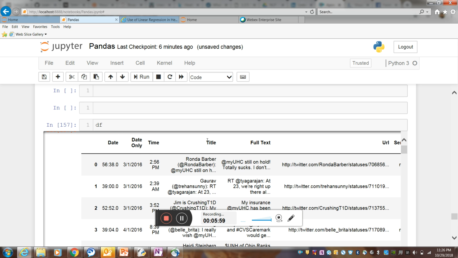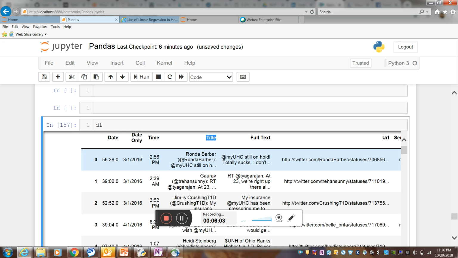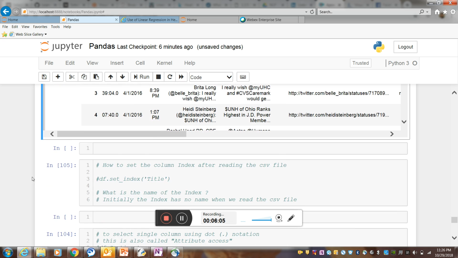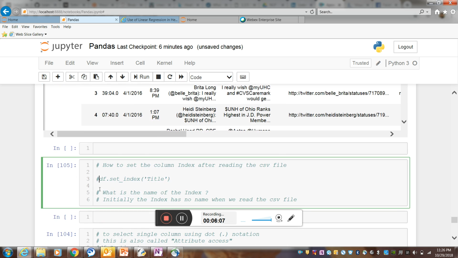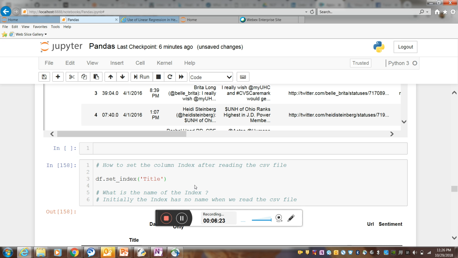Let's say I want to specify title as the index column. I will write df dot set underscore index and pass the name of the column that I want to set as the index column, in this case title. If I hit enter,